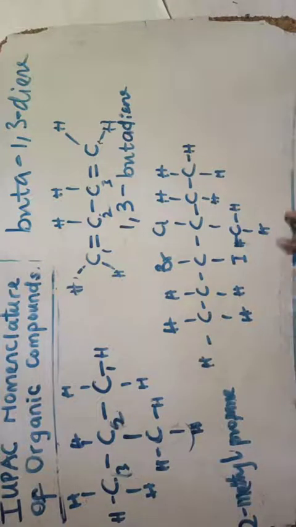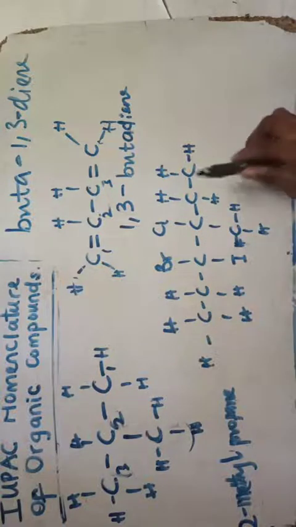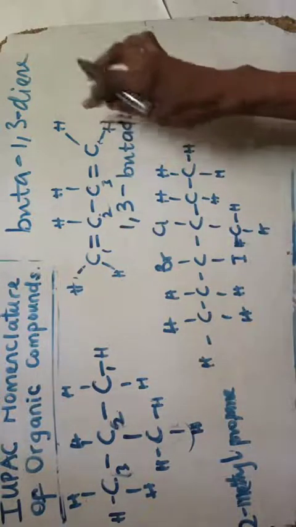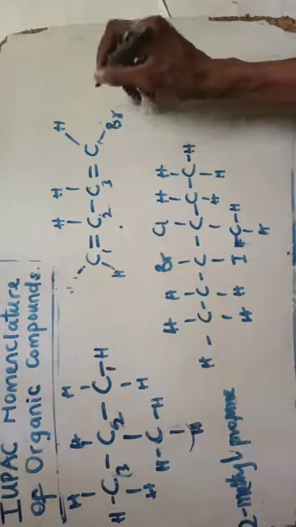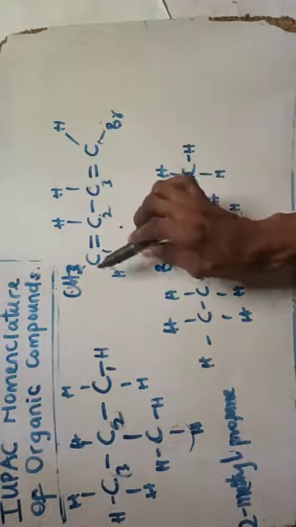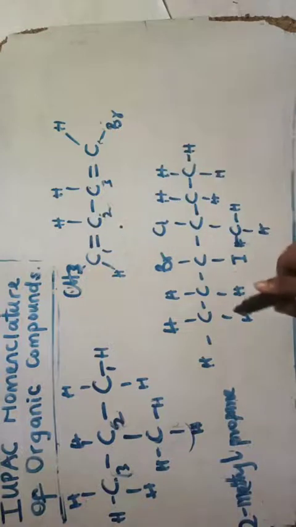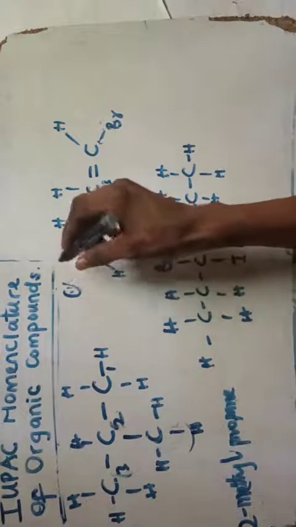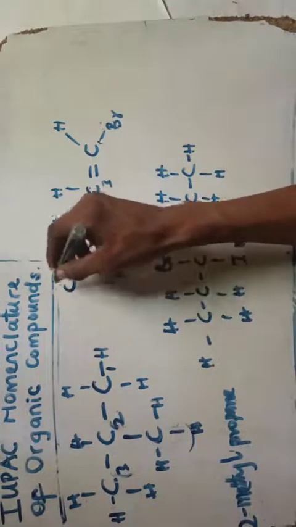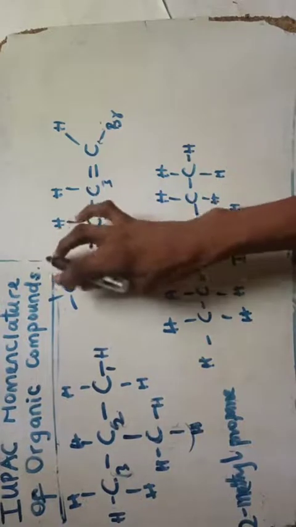So now let's name this. If I want to name this here, find out the longest chain. 1, 2, 3, 4, 5, 6. So if I change this corresponding position to bromo, and here is bromo and here is CH3, what do you find? You find the longest chain. 1, 2, 3, 4, but don't forget there's carbon here. So you can also extend this guy here and write C and write 3 here.